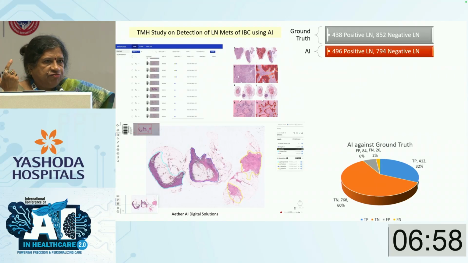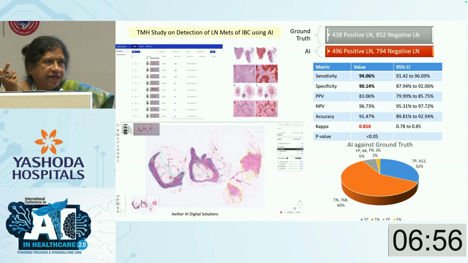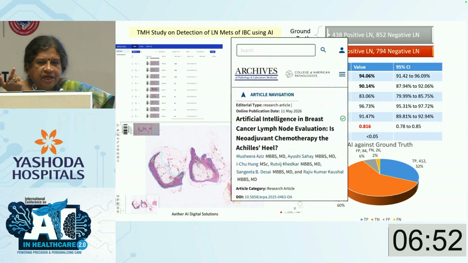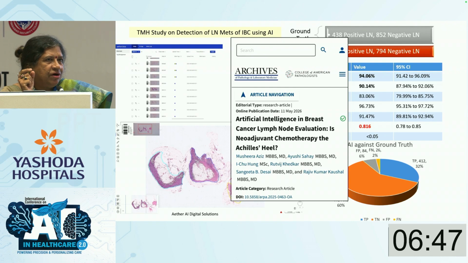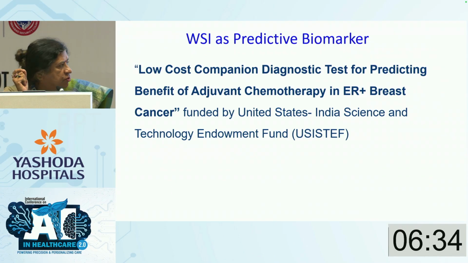This is about lymph node metastasis, and again, we validated against human observers. Needless to say, this is about understanding AI limitation, that post-chemotherapy evaluation of lymph nodes was much better done by human observers than the AI algorithm. Coming to whole slide imaging as a predictive biomarker, in small breast cancers, which are strongly ER PR